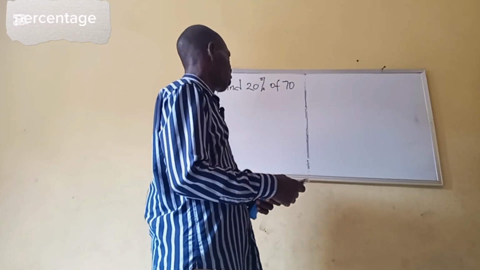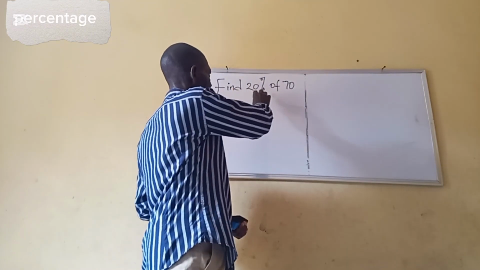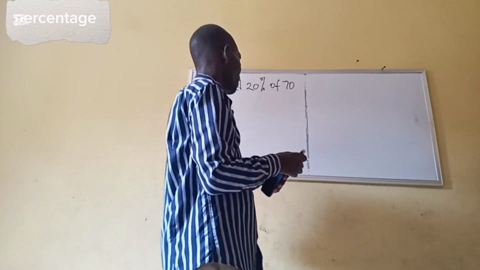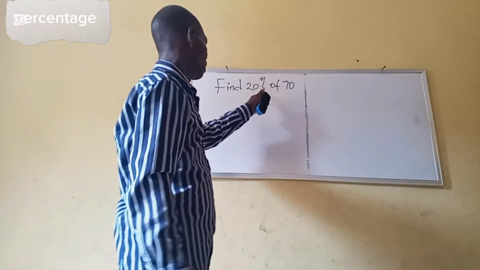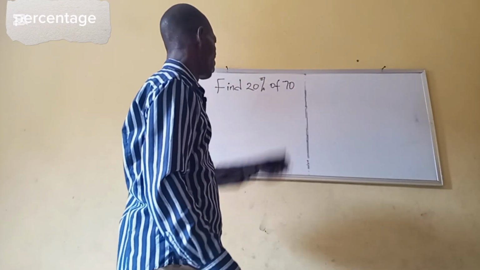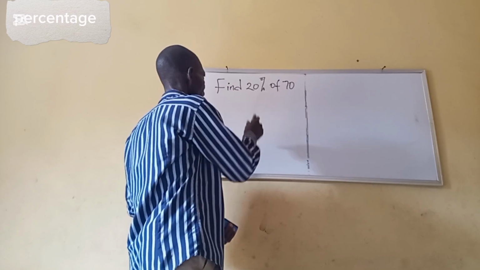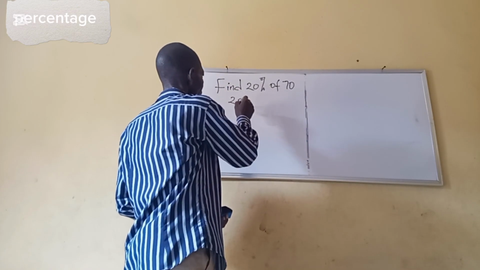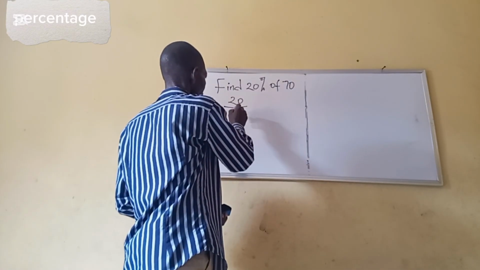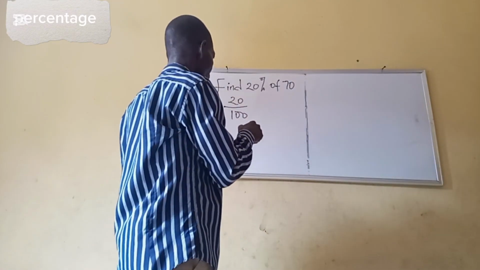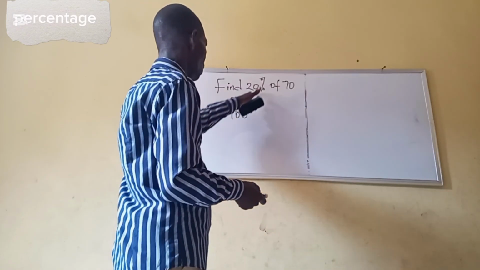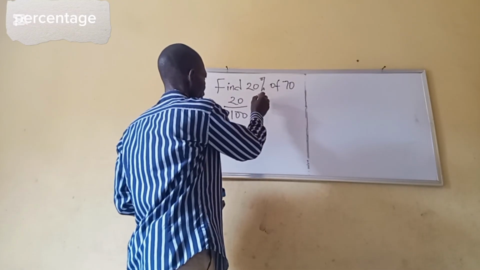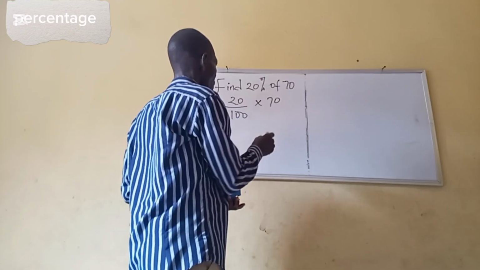Find 20% of 70. We are asked to find the percentage quantity of this number 70. So what this implies is that 20 over 100 is the percentage. 20% of 70 is 20 over 100 times 70. So it's going to be